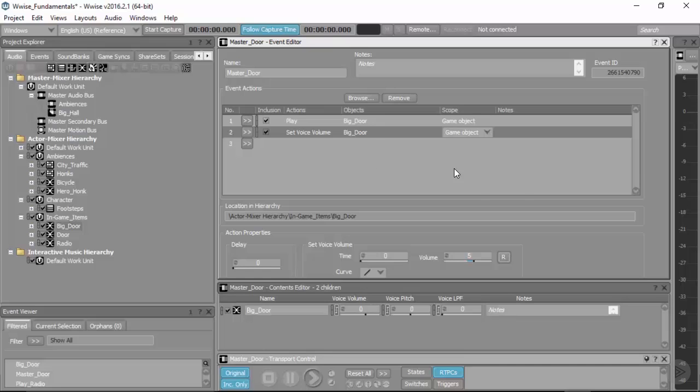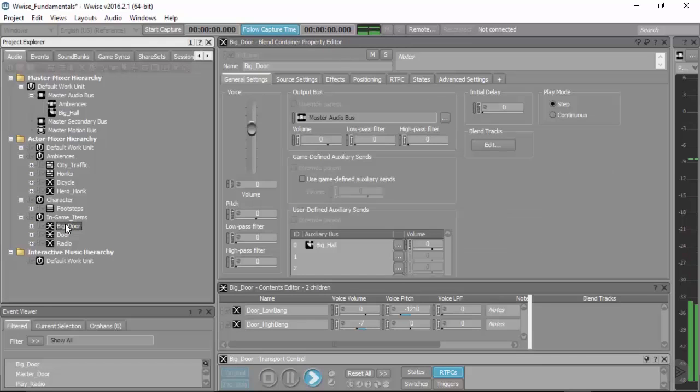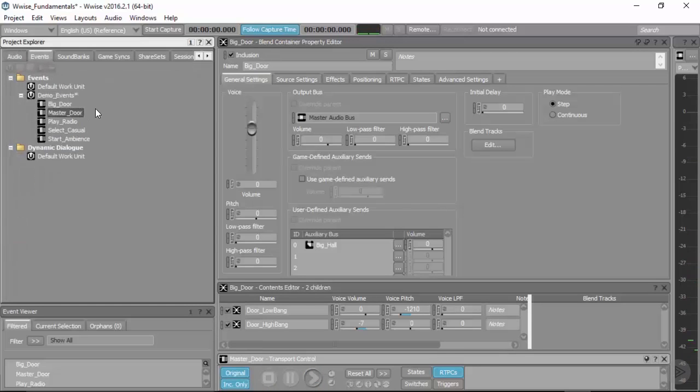So the way to make sure that this is going to get reset is, let's say the big door sound is 10 seconds long. Let's give it a listen. Let's say for safety, 6 seconds.